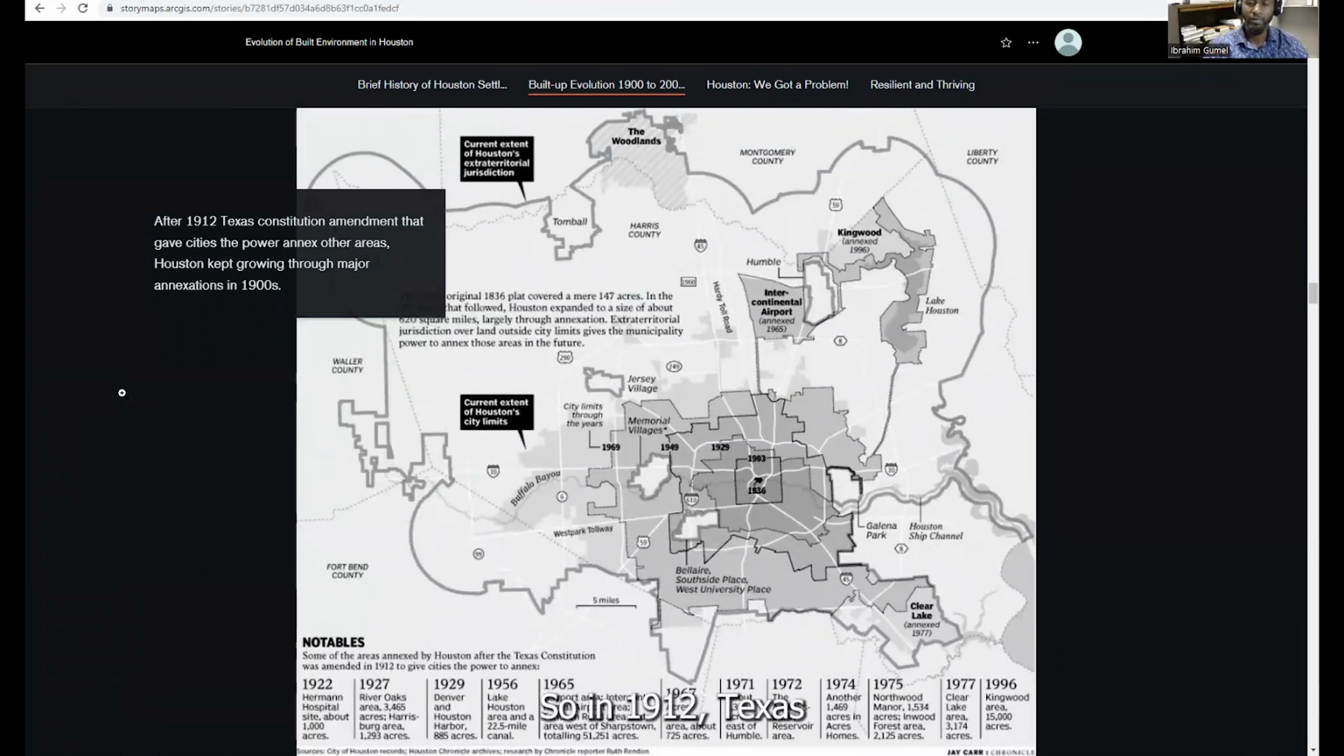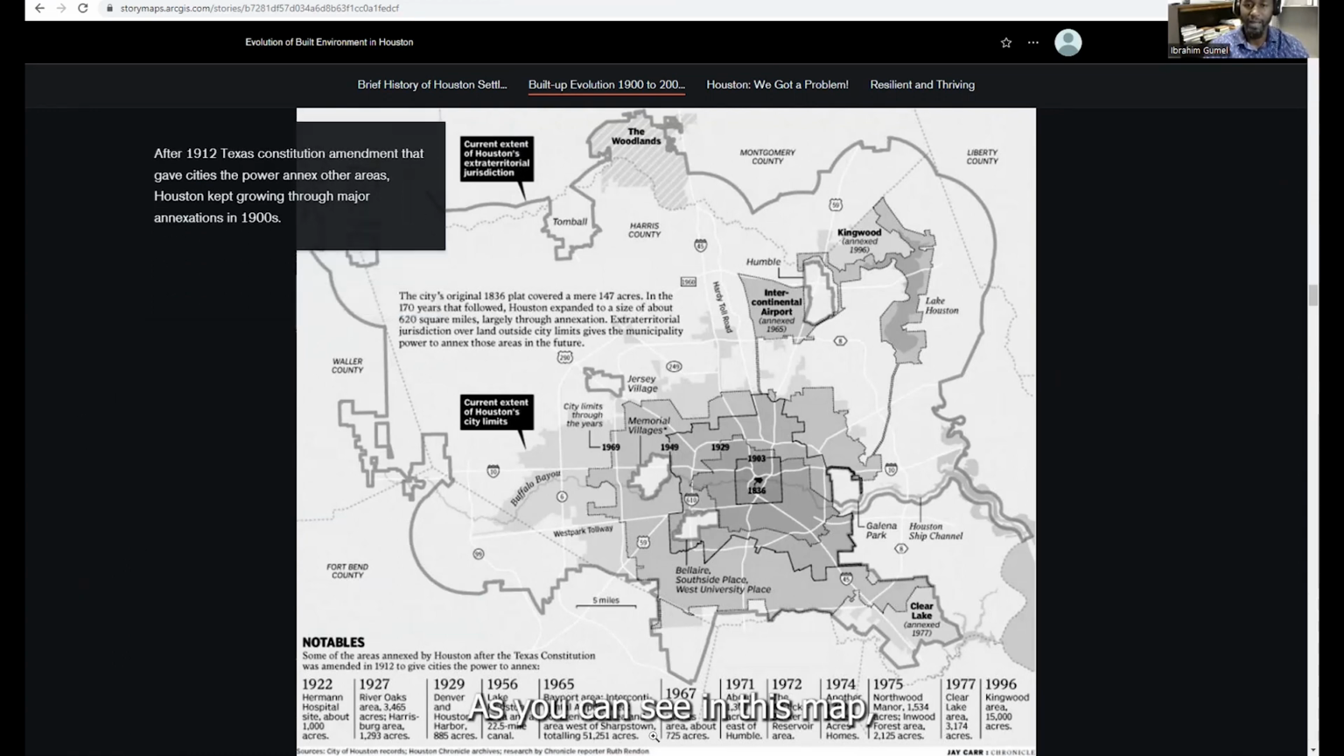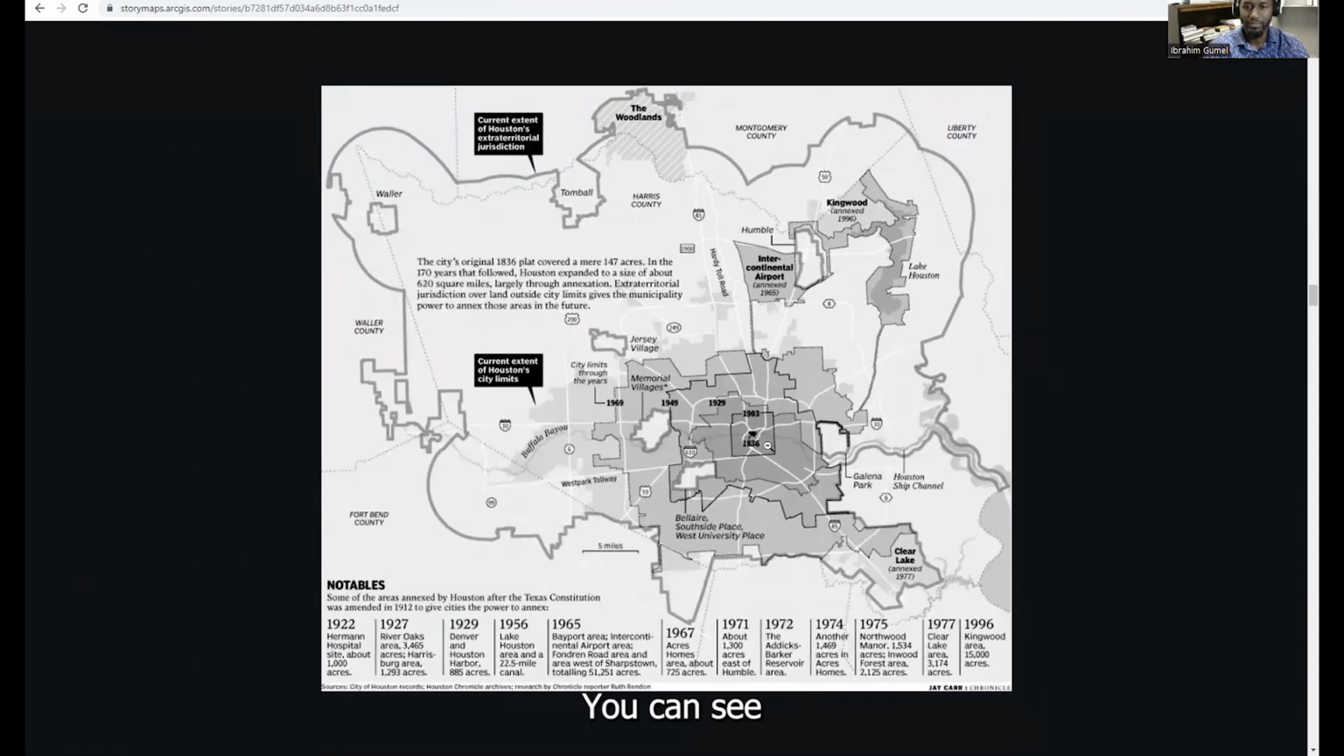So in 1912, the Texas Constitution was amended, which allowed big cities to annex areas around them. And Houston took advantage of that. As you can see in this map, how the city started. You can see the city demarcation in 1836, in 1903, and then in 1929 it annexed this area, and then it goes like that. 1949,